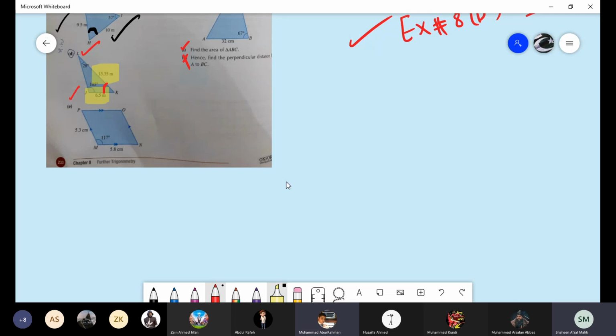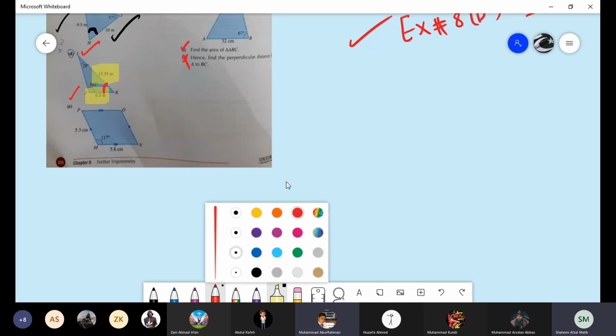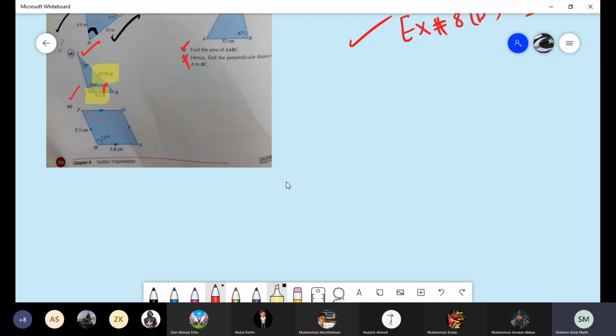Ma'am, we will multiply it with 2. See, if we divide it exactly from the middle, it will divide into two equal parts. Yes, boys, if we take it into exactly two equal parts, then it will be equal to the triangle, or no? So we can write for the E part the area of the figure, which is the area of MNOP.